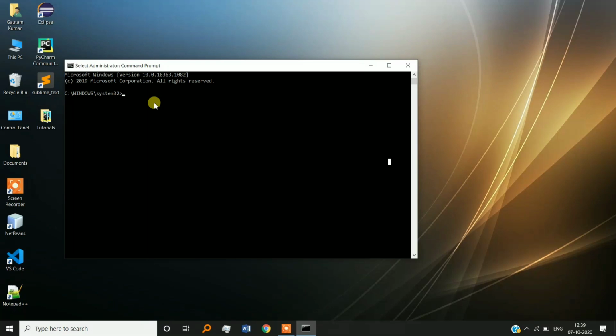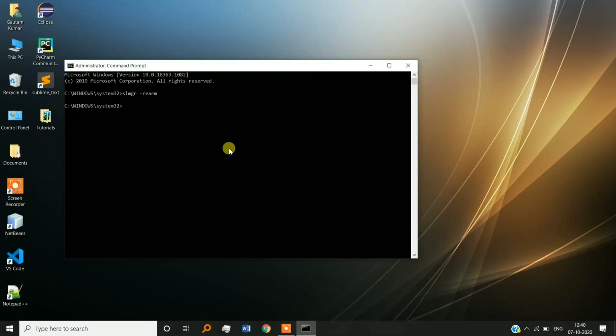Here you have to write one single line of code that is very simple. You can remember it: SLMGR space dash REARM, enter.